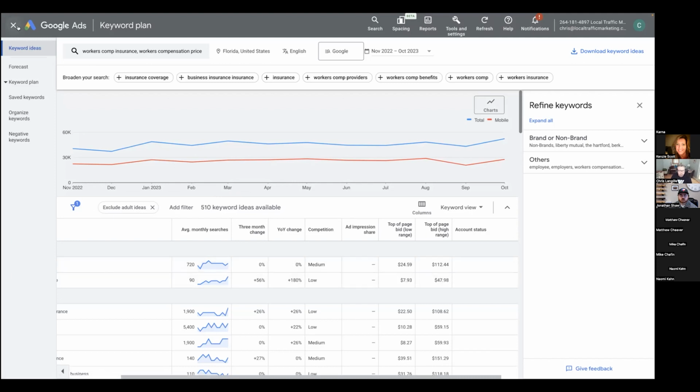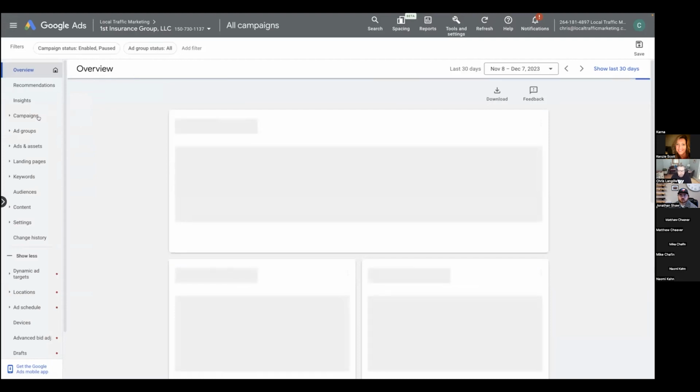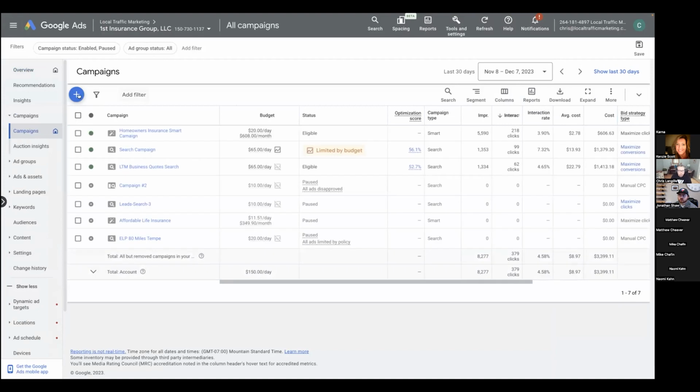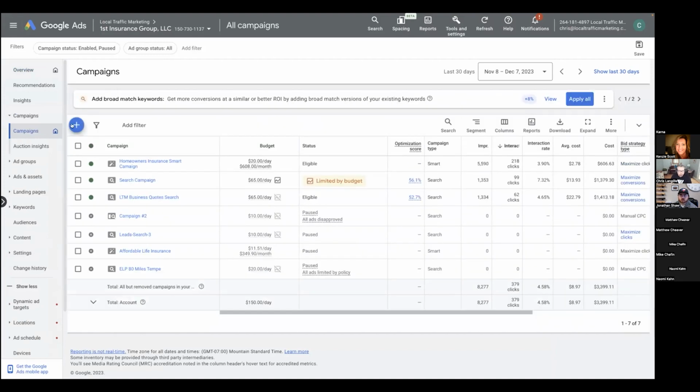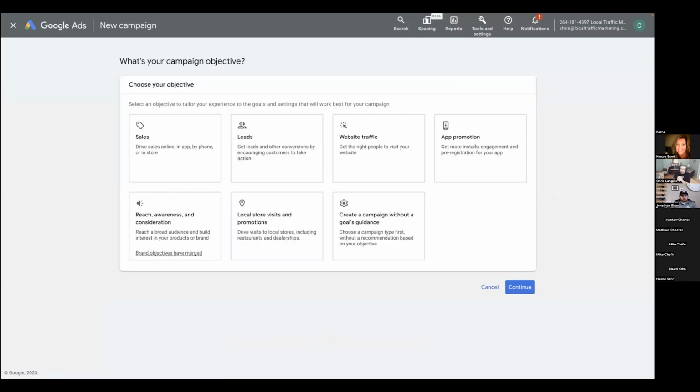The next thing I want to show you is ad campaign types. So let's look at a campaign. I'm going to click add new. I'm going to click new campaign. One thing to understand about Google is that